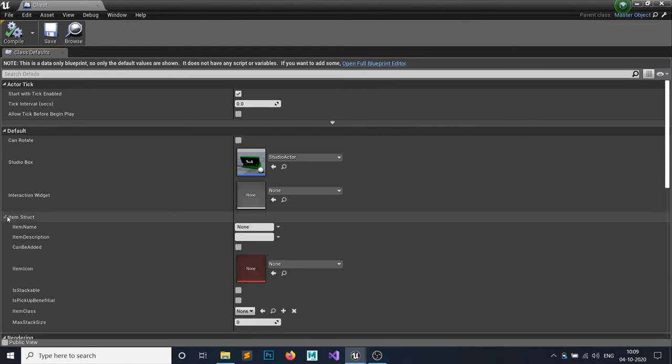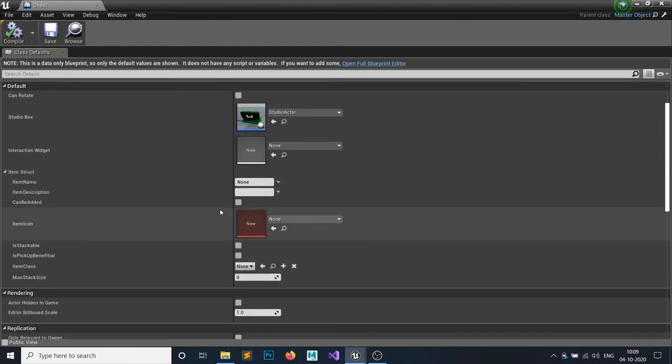On your item structure you can find the item name. The item name is pouch, and what it will do is add 2 slots to inventory, right? So can the pouch be added?